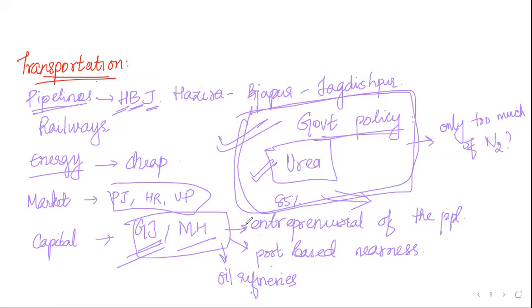Number three, nearness to the market, because of a lot of demand. That is another important factor. Because of the presence of demand and nearness to the market, there has been huge development in fertilizer in the Punjab Haryana belt, and that is why in the northwestern parts of India,